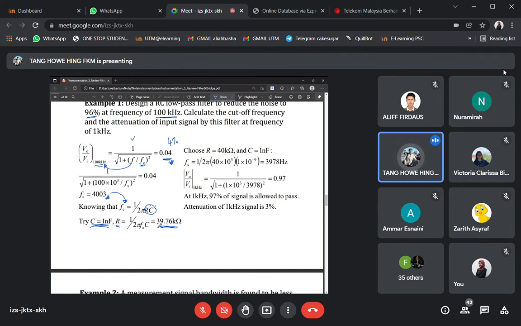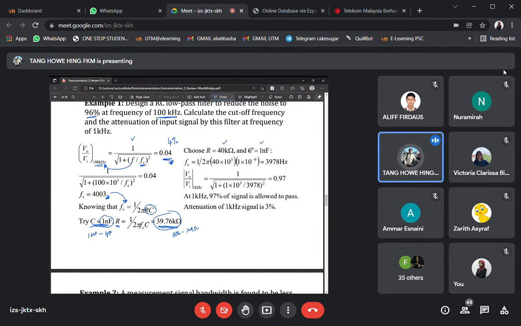Now, because this is in the range of 1 kilo ohm to 1 mega ohm, and the capacitance is within the range of 1 microfarad to 1 picofarad, this selection is actually valid. It falls within the range. It's just that 39.76 kilo ohm is not a standard resistance. Therefore, let's choose a standard resistance, which is 40 kilo ohm, and the capacitance is